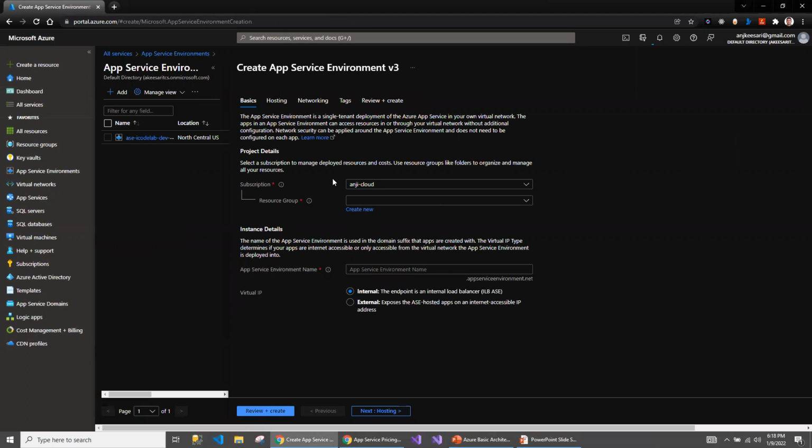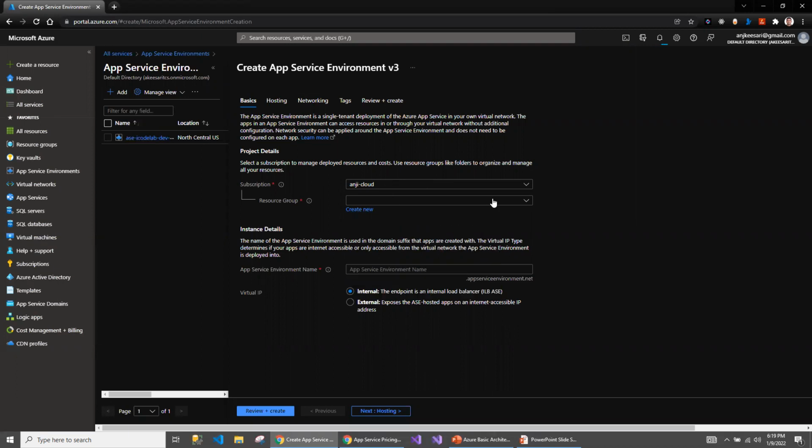So I'm showing the creating the app service environment using the portal, but normally I will be importing the ARM templates and going to deploy through my source code using the Azure DevOps CI/CD pipeline. So let me select the apps subscription. As I mentioned, subscription is something you cannot change. So whatever information you are adding as part of the resource creation will not be changed later. So make sure that you plan it well before creating those things.